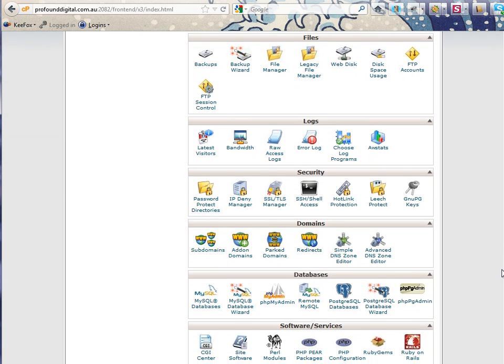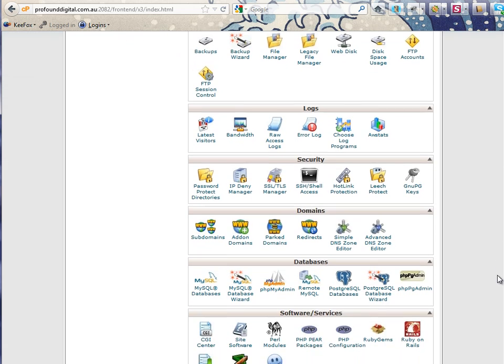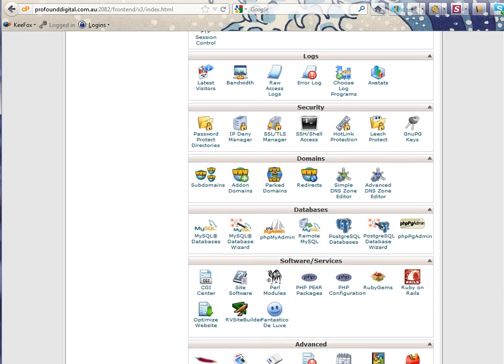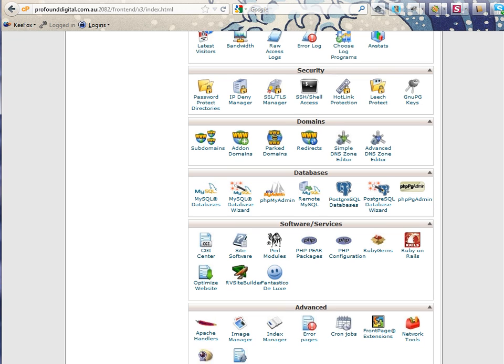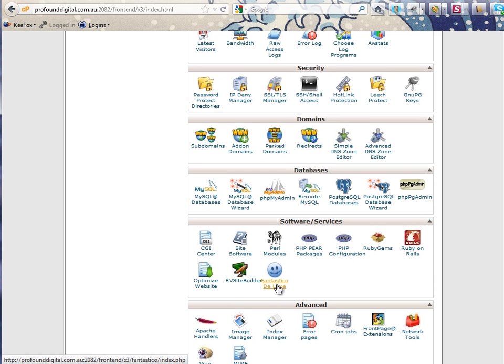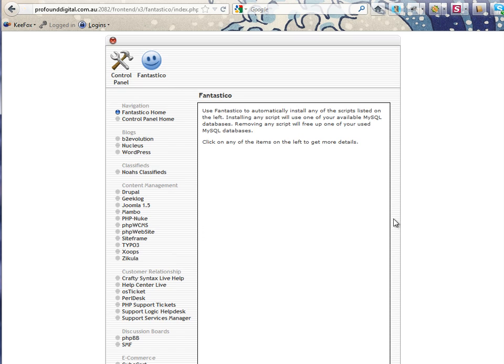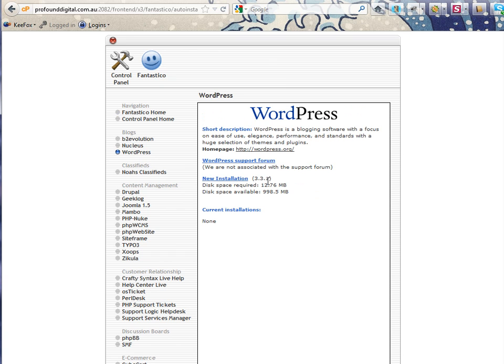So first of all, we've got a fresh cPanel account here, and we'll use Fantastico. You can also use Softaculous or whatever other automatic installation you've got available in your cPanel. In Fantastico it opens up all available scripts. We're just going to choose WordPress, and we're going to select new installation,